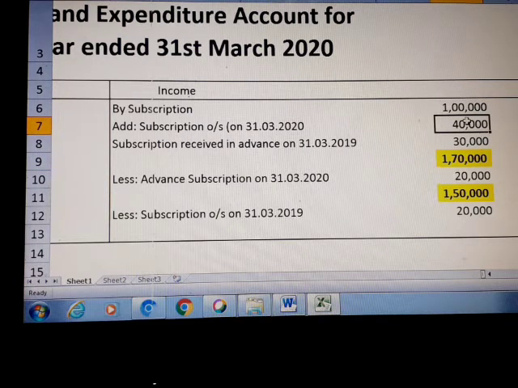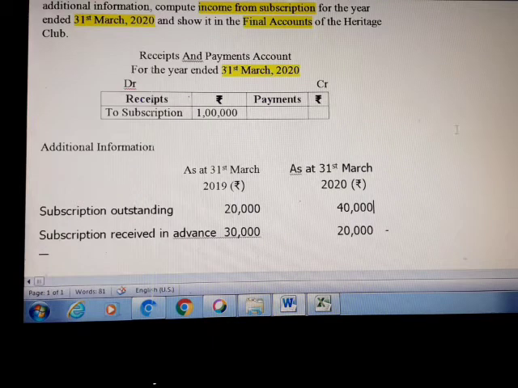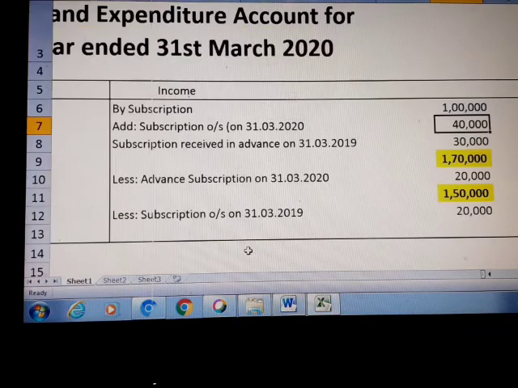But still, there is one more thing which we need to take into account, that is the amount of subscription which you have received in the year 2019, that is the end of 2019. The subscription for what purpose? During the year 2019, it is an advance subscription. But when will it become an actual subscription? It will become actual subscription for the year 2019-20, that is April to March. So this belongs to current year subscription. This value has to be added with 1 lakh. So I am adding that 30,000 rupees of advance subscription. This is how they will give it in the question.